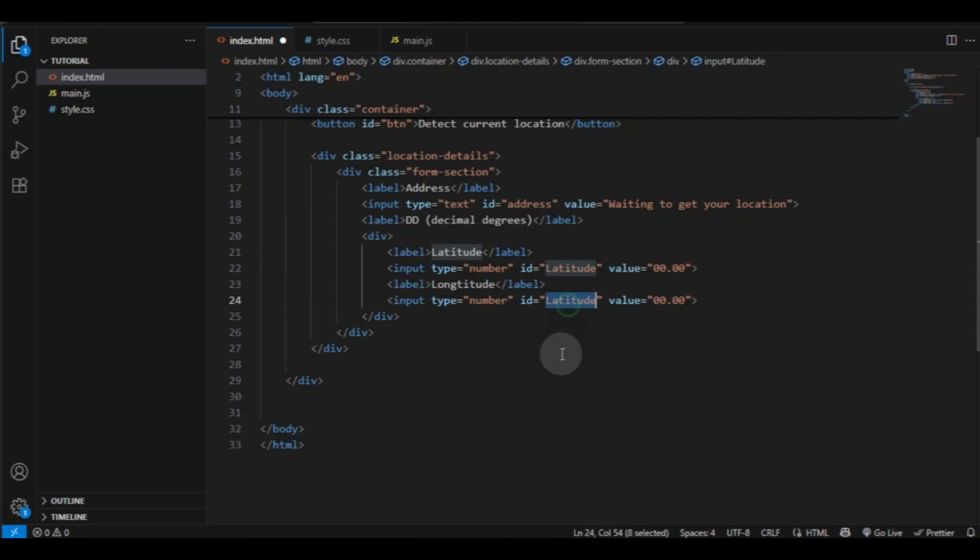Just copy and change the ID from here. This longitude value will also be 00, because the location will be detected at a later time, and this longitude and latitude will appear within this input field. So for the time being, leave it as it is, and now we need to apply a few CSS rules above these